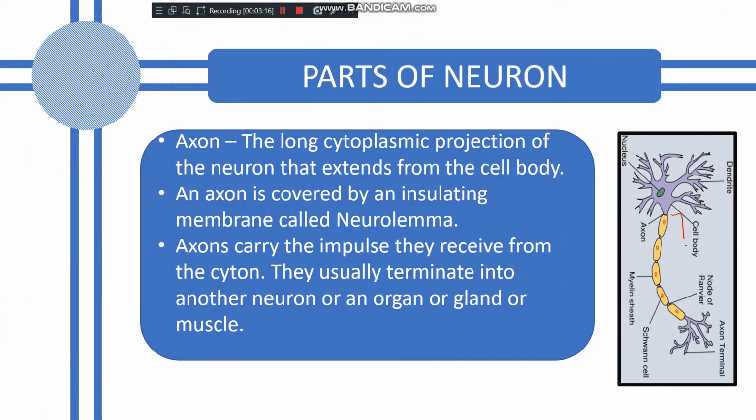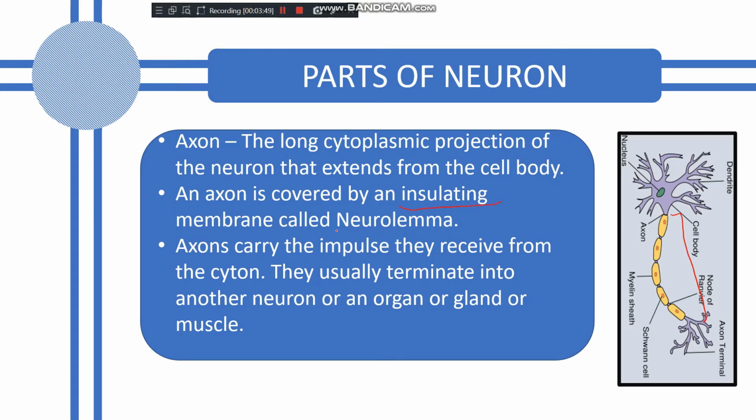This is called the axon. The axon is actually a cytoplasmic projection, and it extends from the cell body. You can compare this axon to the stem of a tree. You can see that the neuron structure can also be compared to a tree. This is the branch part, which is called the cell body or cyton, and this is the axon. And the axon is covered by a